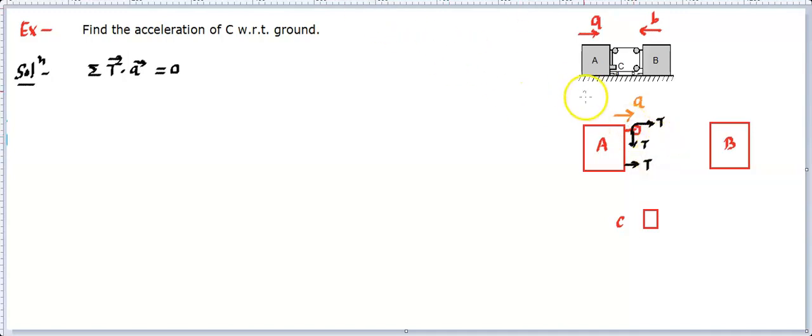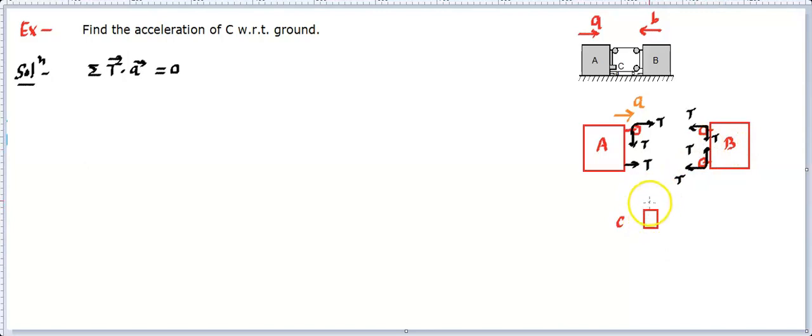Now come to this block B. This block B has these two pulleys, so we can think of one pulley as this, another pulley as this, and they are part of the B block. These pulleys carry the string, so the string will be pulling it, so there will be a pull force T. You can think of this as the same string, right? So same tension at all points. And this has a string like this, so this will be pulled like this, T. Similarly, there is a string wrapped like this, so this will have a tension T downwards and one tension T in this direction. So these are the tensions acting on the block B.